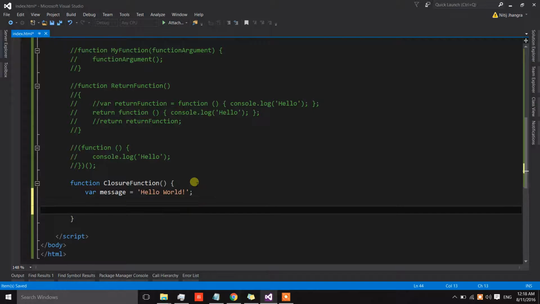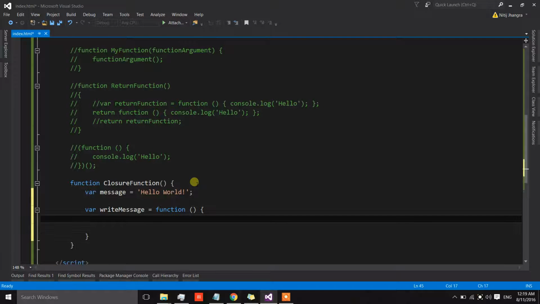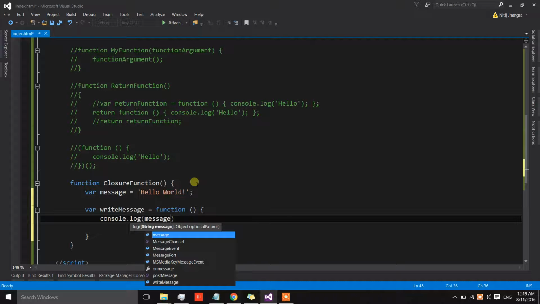And now there is a function which is called write message equals to function, and then inside this function we can simply log the value of this message,